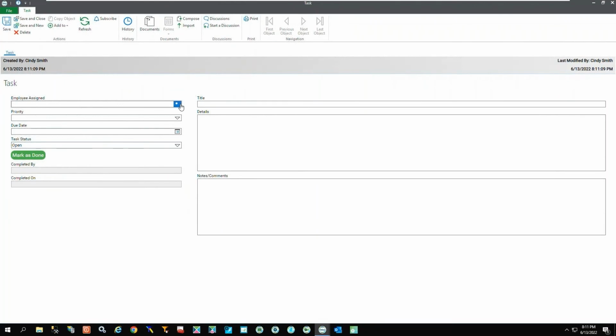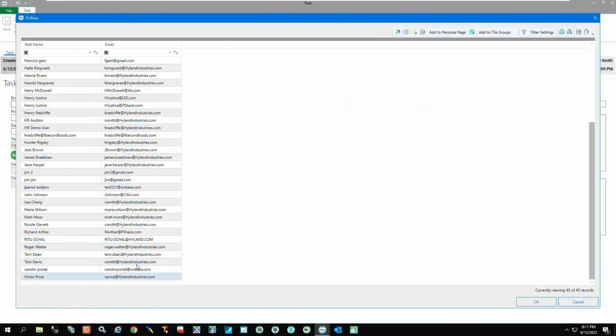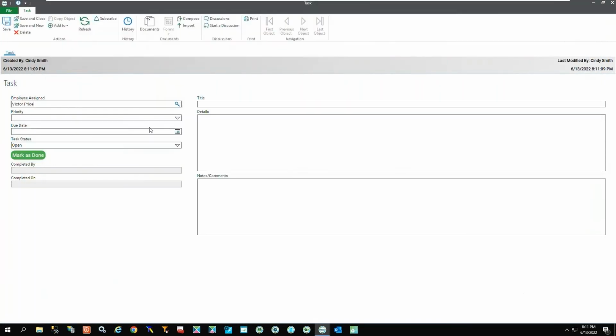And same thing here, we can use our little magnifying glass to choose a user that we have already in our system. I'll choose Victor, put a priority on the task, due date. The task status looks like it's automatically open when you're creating a new one, which is nice. And you can add the details.